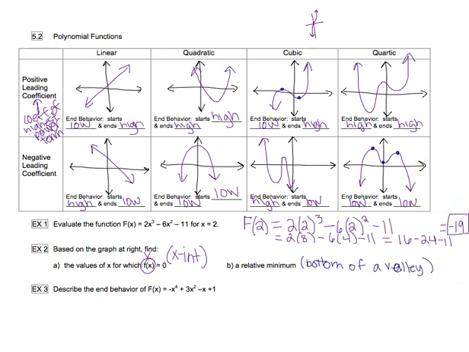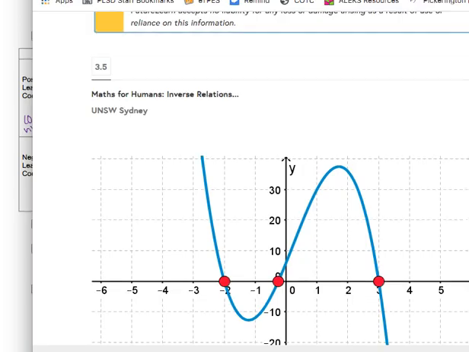All right, so let's look at the picture now. When we're trying to find the values of x for which f of x equals 0, y equals 0 at the x-intercept. So you can see that there are 3 of them marked right here. It doesn't say find the x-intercepts, those would be ordered pairs. It says find the values of x for which f of x equals 0. So it looks like we've got negative 2,